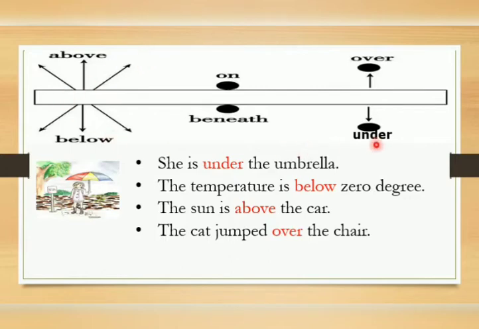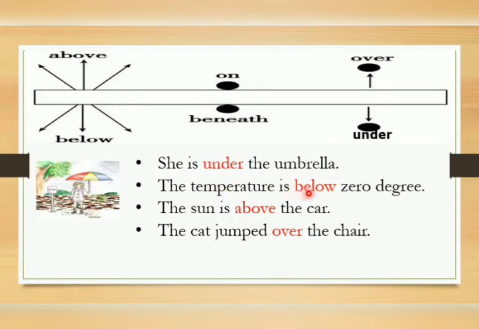Where we use under, it's just the opposite of over. It is under the object and it is vertically down, isn't it? And it could be vertically down to that object, then we can use under. And below we can use anywhere in the space, whether slightly left or right or vertically. Here you can see in the example, she is under the umbrella. Now as you can see here, the girl is standing under the umbrella.